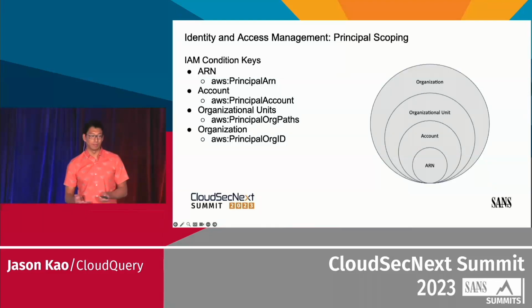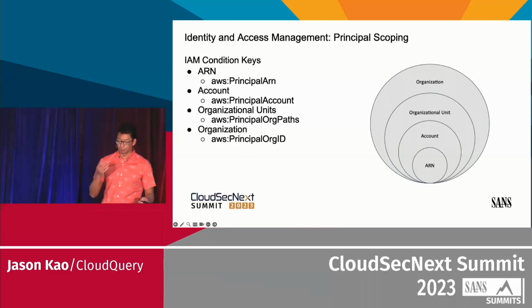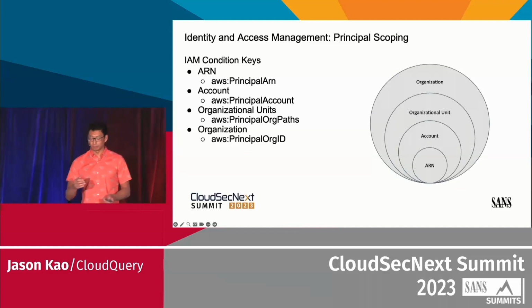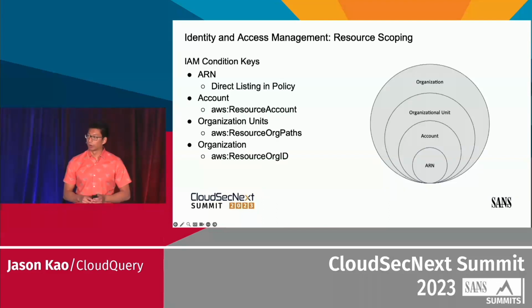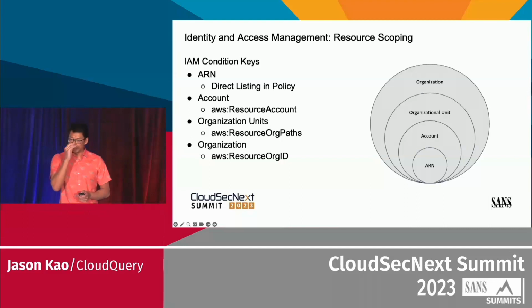One example is if you have an S3 bucket that everyone in the organization needs access to, which they may need. You can use aws:PrincipalOrgID to protect that and ensure that only accounts within that organization can access the S3 bucket. The next slide is resource scoping, somewhat similar, but in this case we're looking at